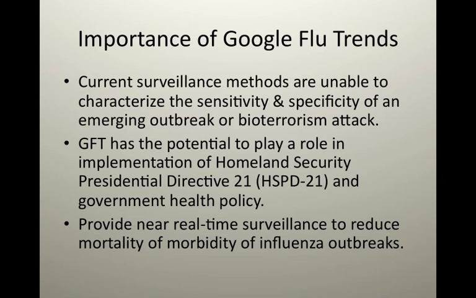In addition, Homeland Security Presidential Directive 21 calls for a biosurveillance capability that integrates and efficiently manages health-related information across a wide range of information systems during an event. HSPD 21 mandates that all sources of biosurveillance information be incorporated into policy decision-making. Hence, tools such as Google Flu Trends might play a role in the implementation of HSPD 21 and public and